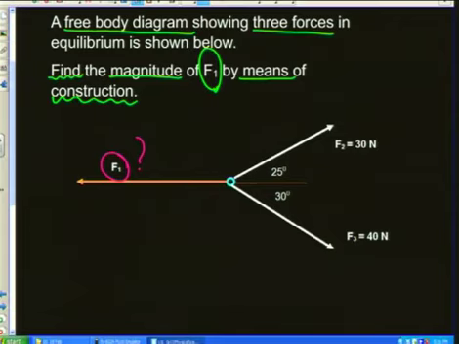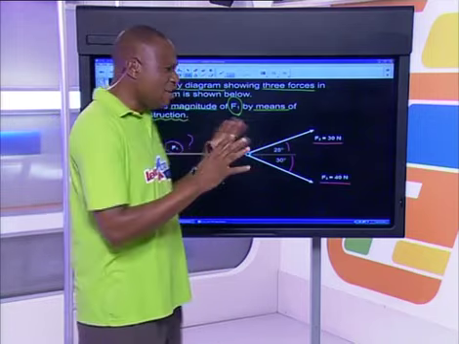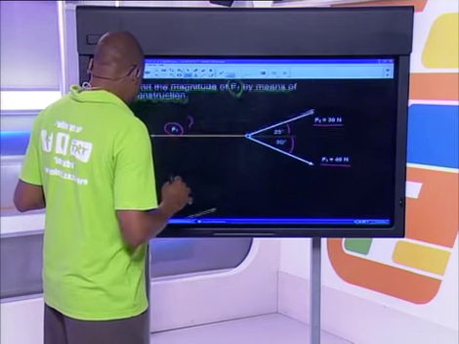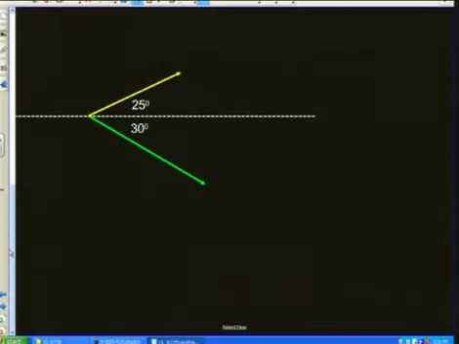That is my question there. When I construct, because F2 and F3 are given to me, and the angle at which they are acting to the horizontal is shown to me, let's see if I can construct it and find out what F1 is. Now, most of the things I'll be doing here will be explanations because I cannot just do it for you here on the board. Now, quickly, this is the situation that we are having. What you need to do is to complete the parallelogram. Now, let's see if we can do that. You need to complete the parallelogram.